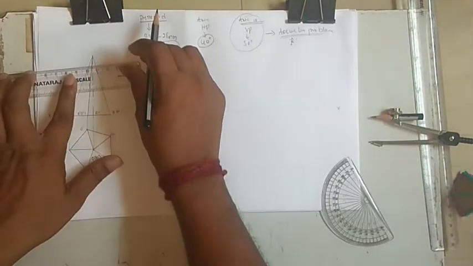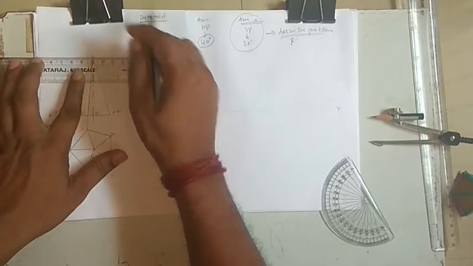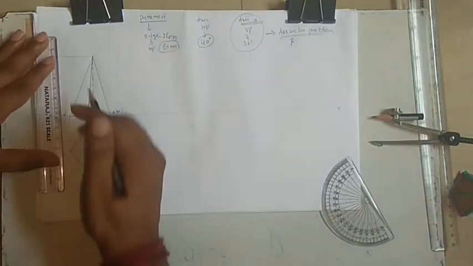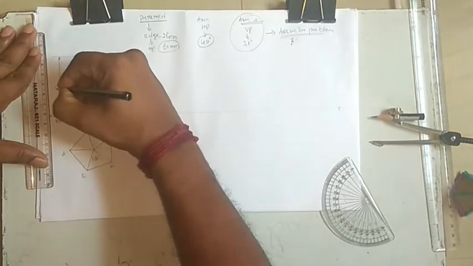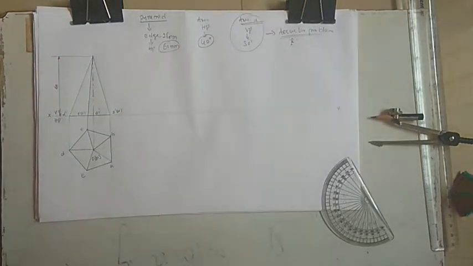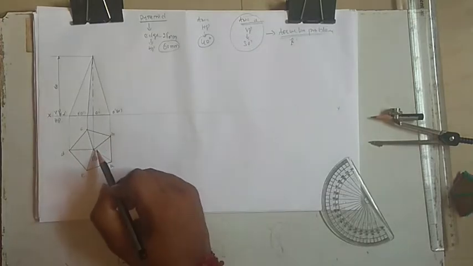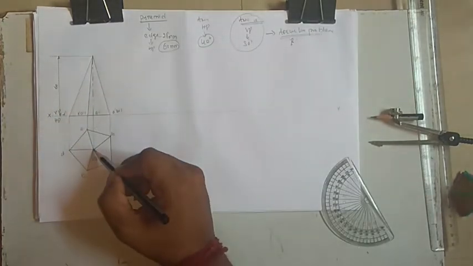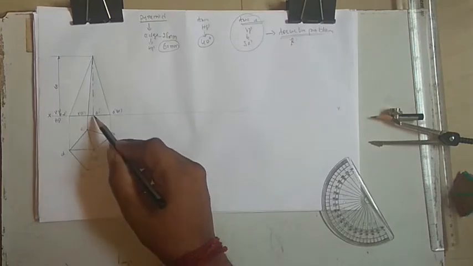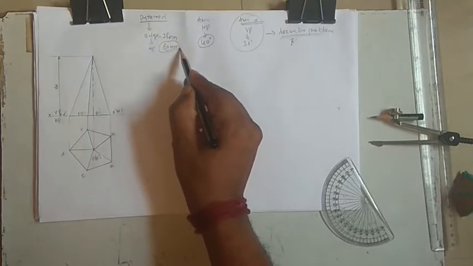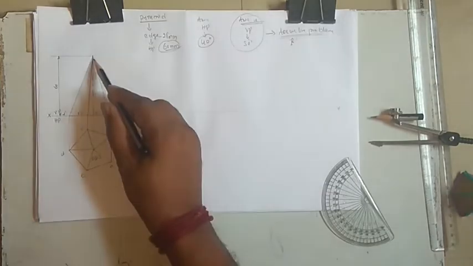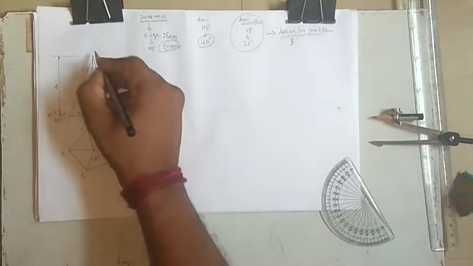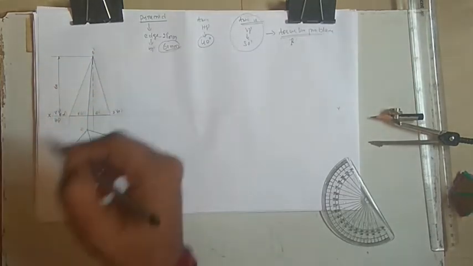Okay, so it looks like this. So then drop the projection here, dimension, and this is a 60. Okay, very important. So for any pyramid, you just take the projection from the center to the xy line, then you extend the axis according to the given axis length, then join to the corners, because the axis length is different and the slant edge is different. So this is O dash, so this is the slant edge.